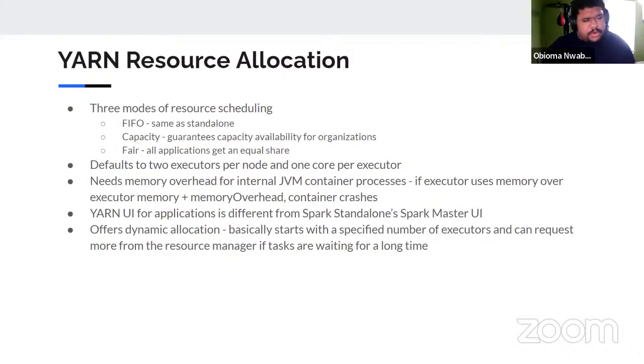Yarn defaults to 2 executors per node and 1 core per executor. Those numbers are generally going to be low and can be increased in the settings. And then Yarn, when it creates containers, container JVM processes, it needs extra memory overhead for those, for the container processes and the JVM heap and all those other components. And if the executor tries to get memory that is beyond the executor memory setting and the memory overhead setting, your containers will crash. So the memory allocation is a little bit more important in Yarn versus